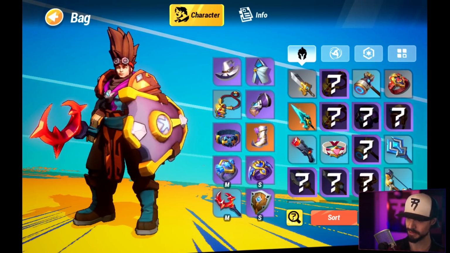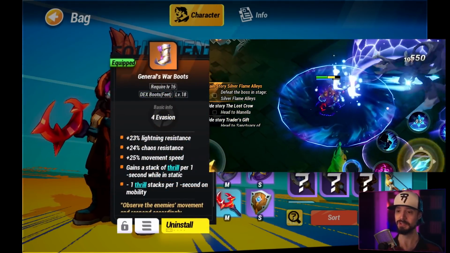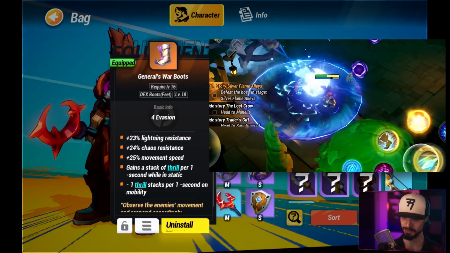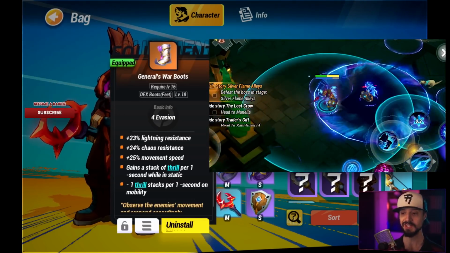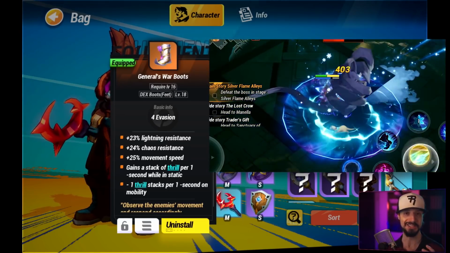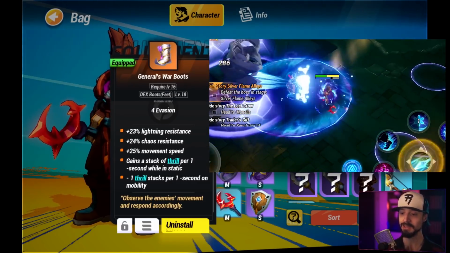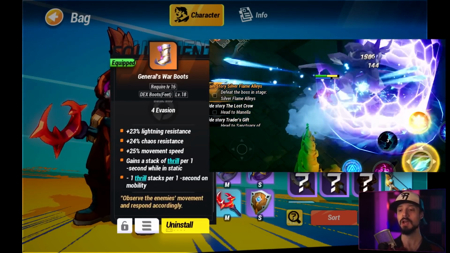The other piece of gear that I do have that I am using, simply because it's legendary, 25% move speed on these. Now, my build is not a dex build, so it's not evasion focused. This gives me evasion. I want energy shield on my armor. But that 25% move speed, I haven't found a piece of gear to compete with that. It's got a lot of good resists. I'm making choices here. I'm sacrificing, going for boots with energy rating, which synergizes with the build that I've been picking in my skill points in order to benefit from this. Gain 1 stack of thrill per 1 second while in static. So I'm not really in static, so I'm not really benefiting from that, but just these chunky defense boots with that move speed